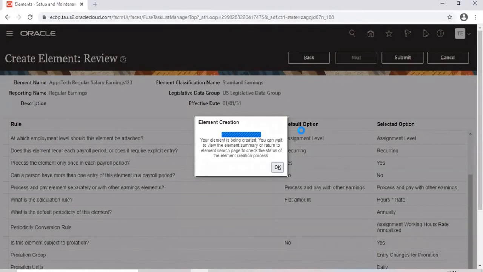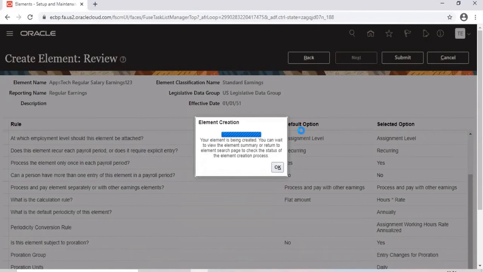Srinivas, I'm having one question. Yeah. Is there any default element defined by the Oracle Fusion? Yeah. Tax elements are default. You don't have to create them. Okay. I am just creating a regular earnings element. That's it. When I run the payroll, automatically the unemployment deductions, federal tax deductions, state tax deductions, all these deductions are also elements, right? They are also elements. Yes. So they are already there in the system. I have not created them. Oracle delivered them.